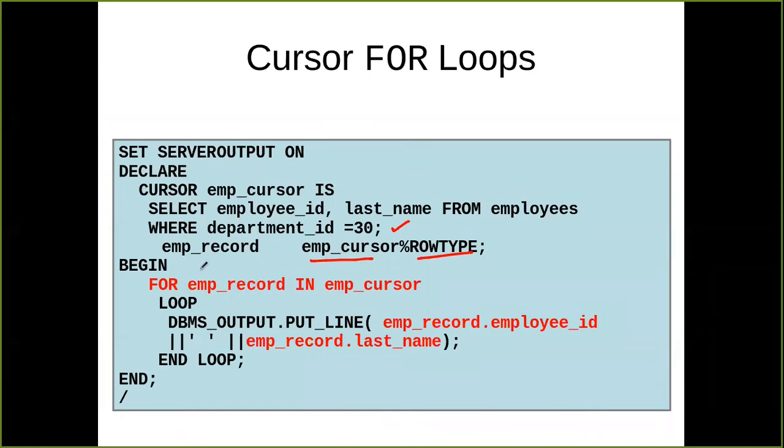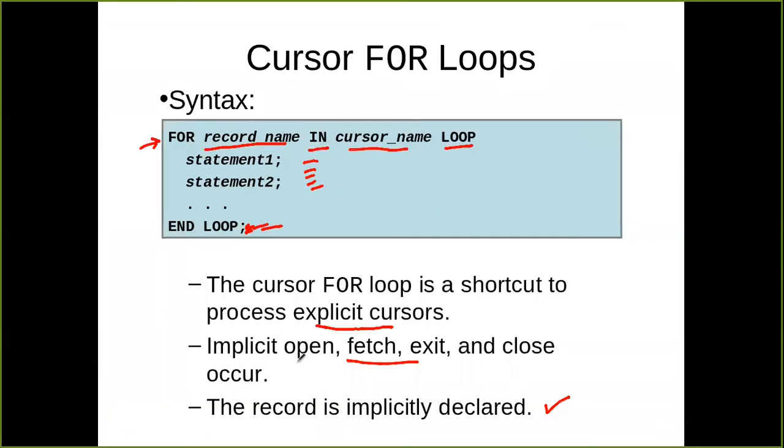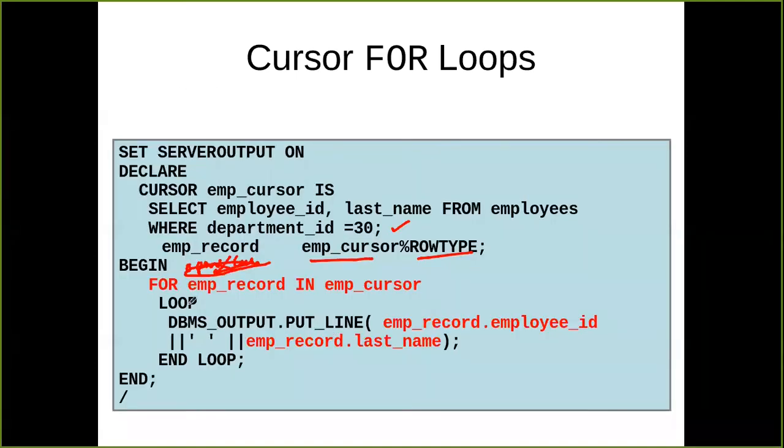Now you can notice that I haven't used any open cursor command here, so there is no need, because in the previous slide I mentioned that open, fetch, exit, close, everything will be done in the for loop. So for employee record in employee cursor, it will automatically fetch the first record from the employee cursor, put it into the employee record, and in the loop I am just displaying whatever is in the record on the monitor. And how to fetch the data from the employee record? Because the employee record is just a kind of structure in C language, you can use the dot notation to access the data.